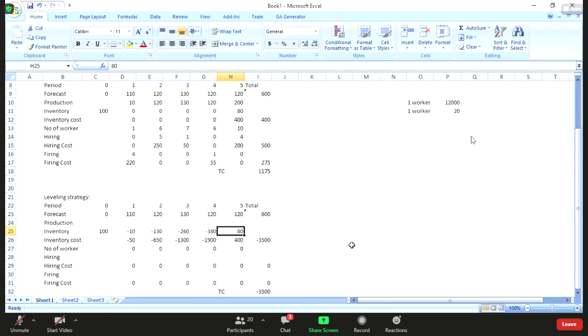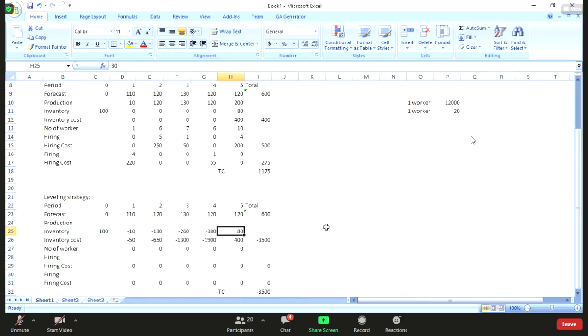Yeah, the total requirements is 600. Clear? Initially, we have 100 units, so we need to produce 500 units in total. Is that correct? But at the end, the company also needs to have 80 units as the ending inventory. My question is, how many units in total do we need to produce?